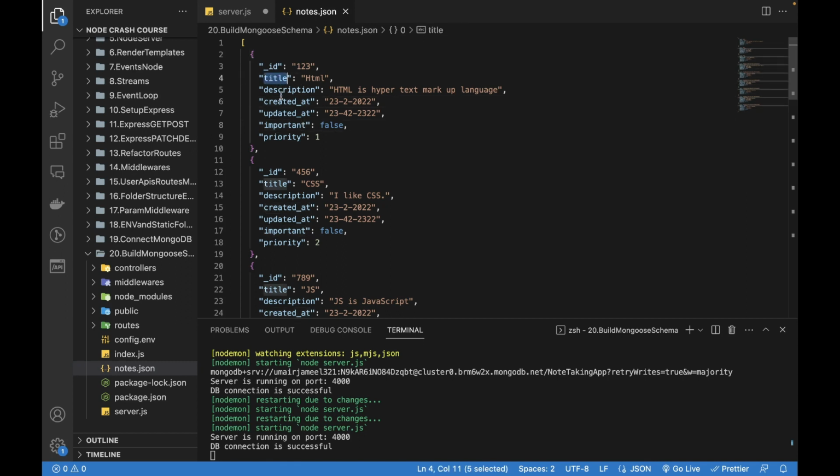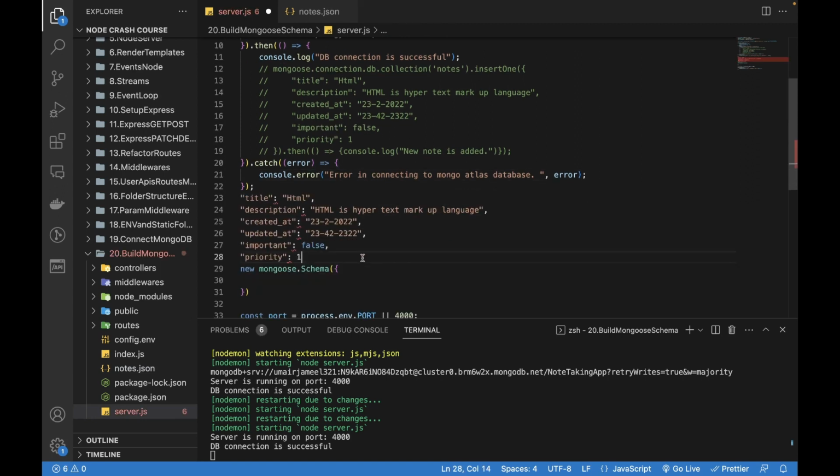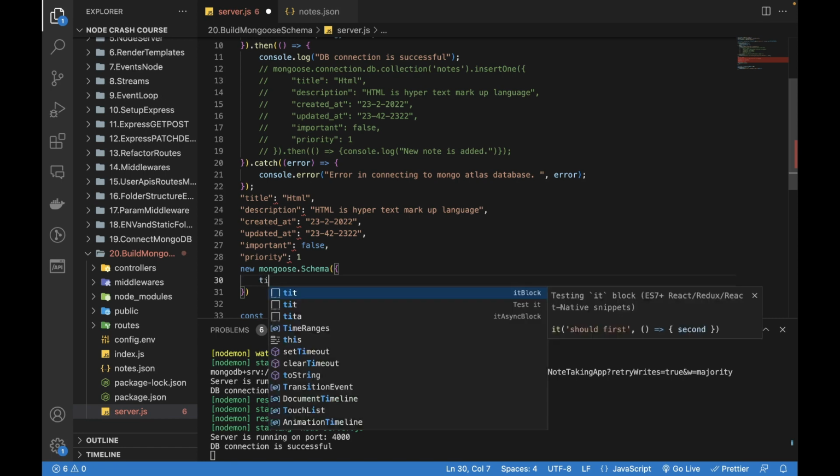So we have the title, description, created at. Just for reference, I'm going to copy all these properties except the ID, because MongoDB will be automatically handling the IDs from now on. Okay, so I'm going to create it over here just for reference, which I'll be deleting afterwards. And the first one is the title,